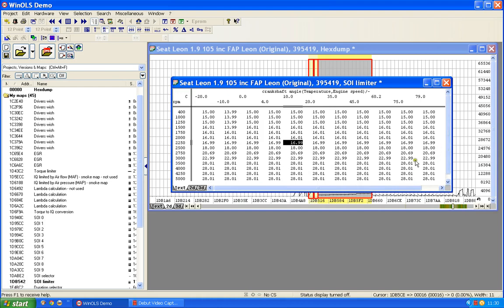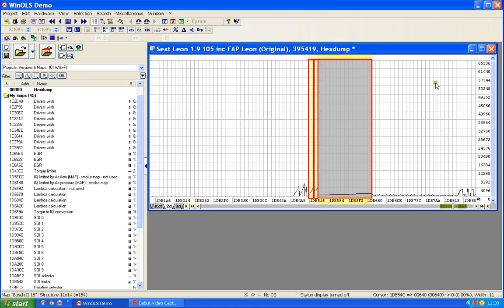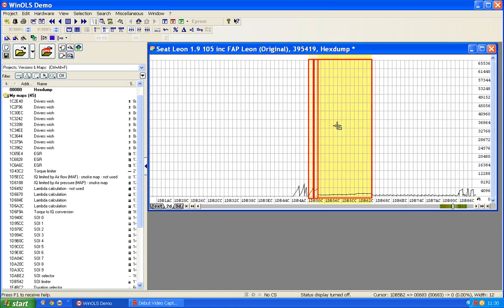So in other words, there will be no limitation other than if we try to do some form of remapping and change start of injection, because if we try to change start of injection, we are going to be hit by the fact that the limiter is going to cut in if we try to go above 28. So we would then have to change the limiter as well. So there we are then, we've got everything pretty much to do with start of injection. We've got start of injection maps, we've got a selector for those maps, and now we've got the limiter for that.